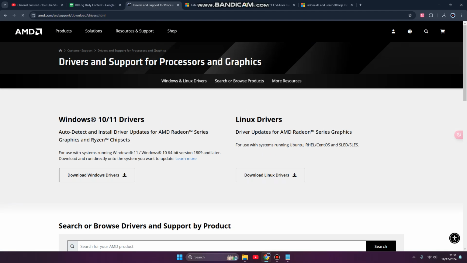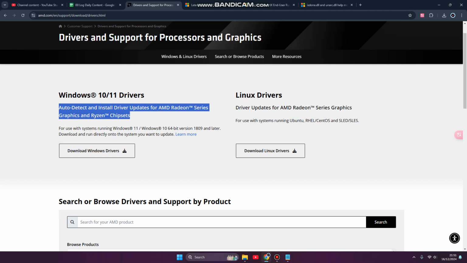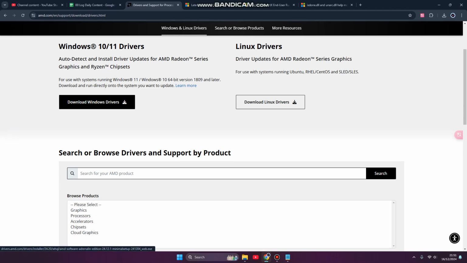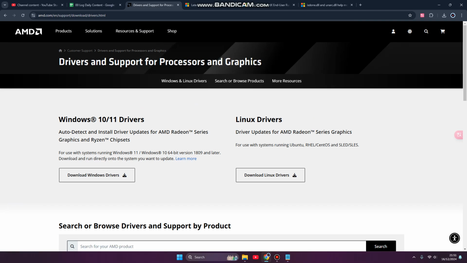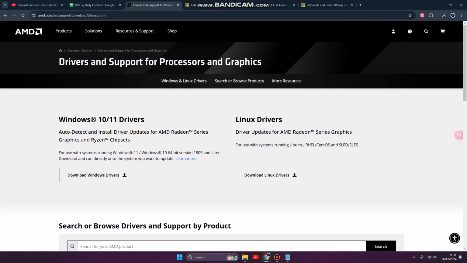Here there are two options. If this is your first time, you can use the auto detect and install driver updates for AMD series graphic and Ryzen chipsets. So here there is a driver for your graphics and also chipsets driver. So you can download Windows drivers, but if you are advanced, so if you want to download manually because